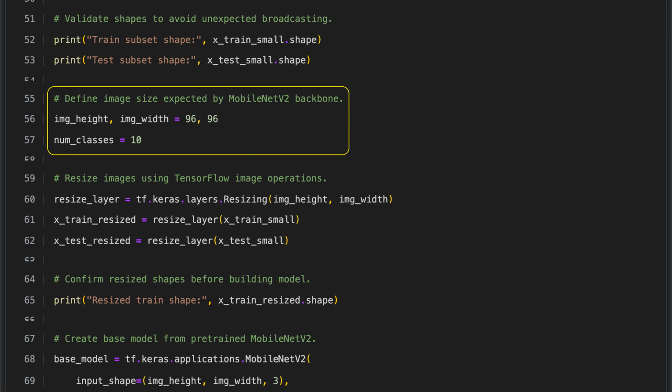We set the image size to 96 by 96 pixels so it matches the input expected by the MobileNet v2 model, ensuring each image is resized correctly for the network. We also define the number of output classes as 10, which corresponds to the 10 categories in the CIFAR10 dataset. With these settings, the model is configured to take properly sized images and classify each one into one of the